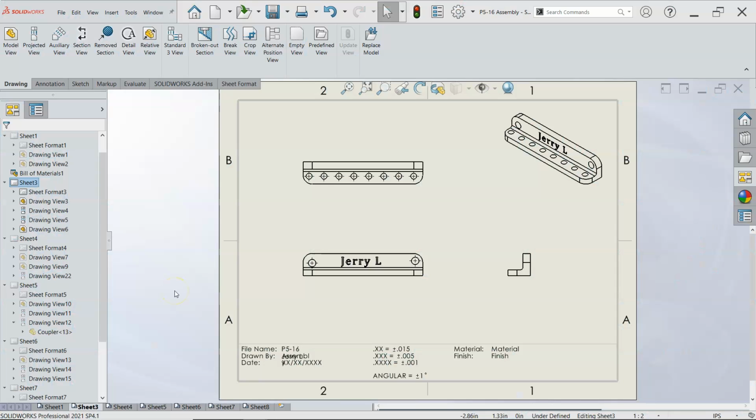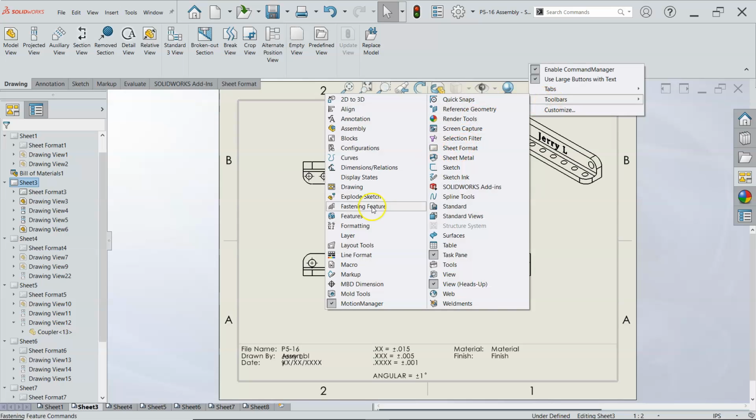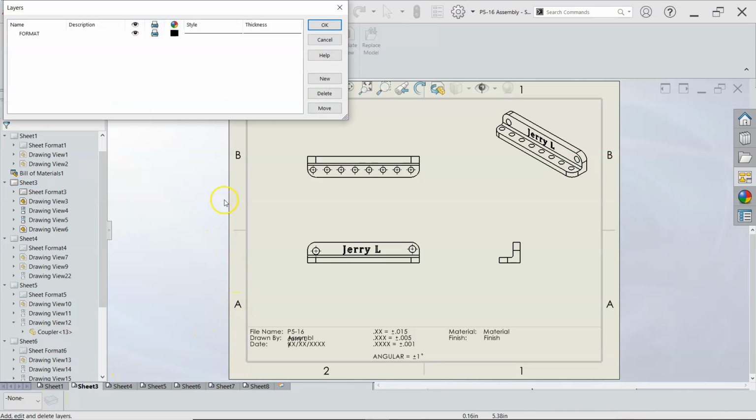Okay, so going into the actual detailing, things like the center marks, it would be nice to have a little bit of separation in the colors. So if I were to right click and let's see, I want to look at my available toolbars and we turn on the layers. That shows up kind of down here in the corner. And if I hit that little layer properties, I could do things like a new,